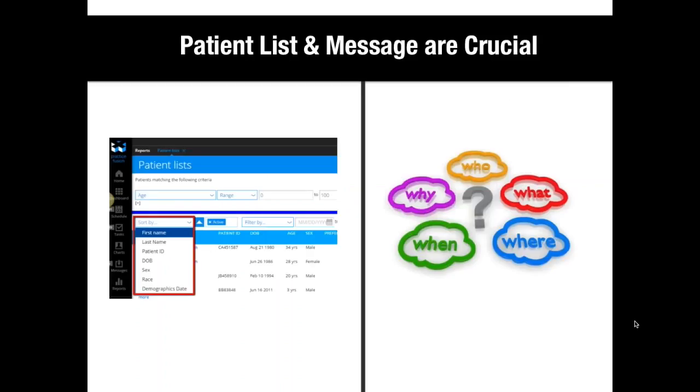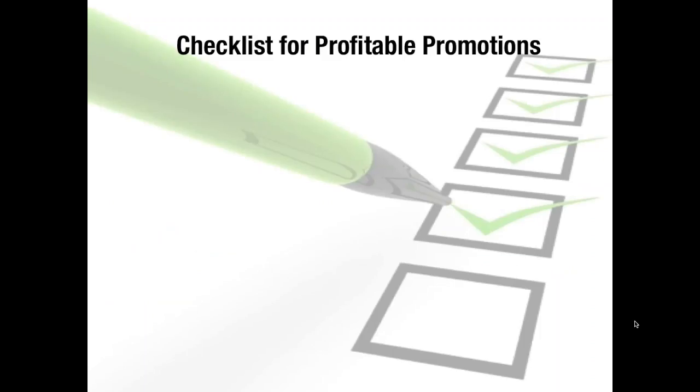Now, the secret to successfully using direct mail is, number 1, the mailing list you send it to, and number 2, what you include in the message, and then number 3, the timing is everything. So you really need to understand the cosmetic patient and their needs and wants to ensure a great response. For example, here's the checklist to use to make sure any communications you send out get your phone to ring